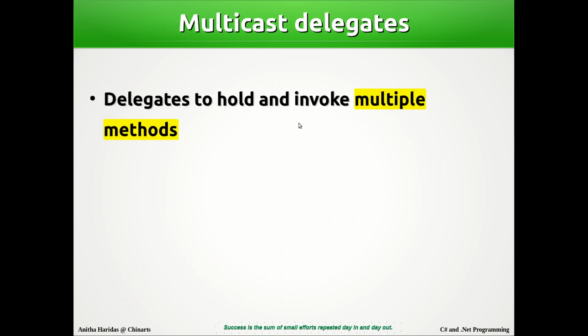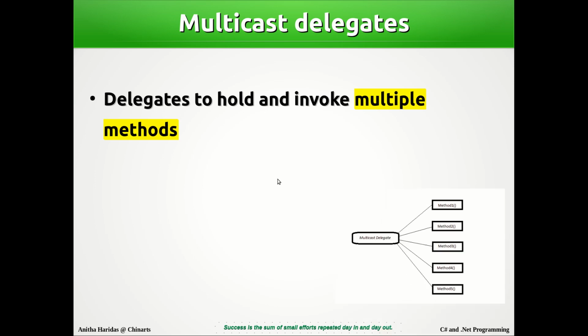Now if you want to have multicast delegates, the delegates which hold and invoke multiple methods are known as multicast delegates. One multicast delegate can hold and invoke more than one method.